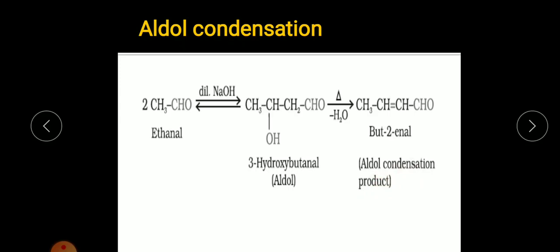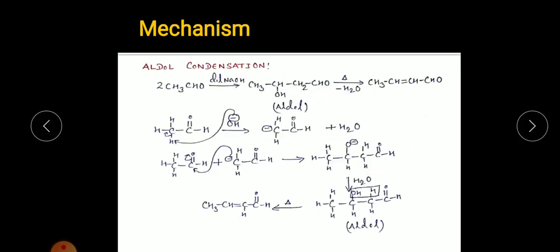Now we'll try to understand the mechanism for this. That means how from these two molecules of acetaldehyde it will form this aldol, and after that this aldol condensation product. To understand this, I have written once again the same reactions we have just seen. Here we have got two acetaldehydes. First I have written only one acetaldehyde, and I have written its open structure